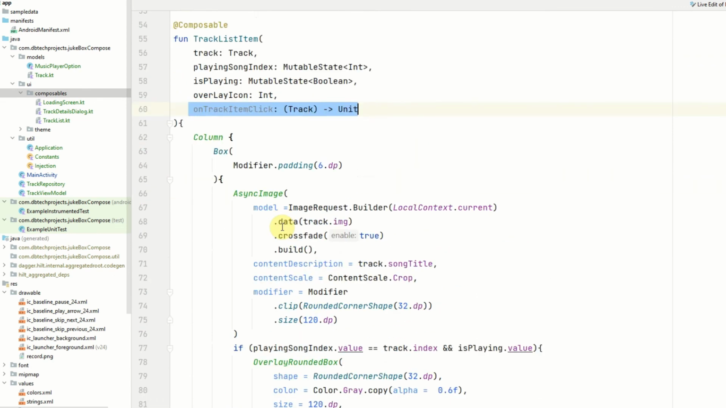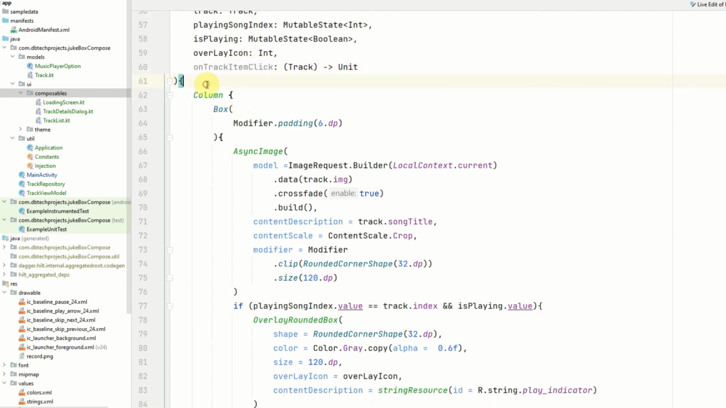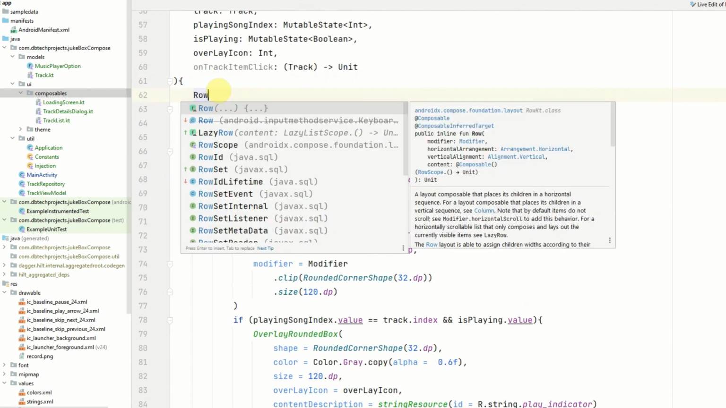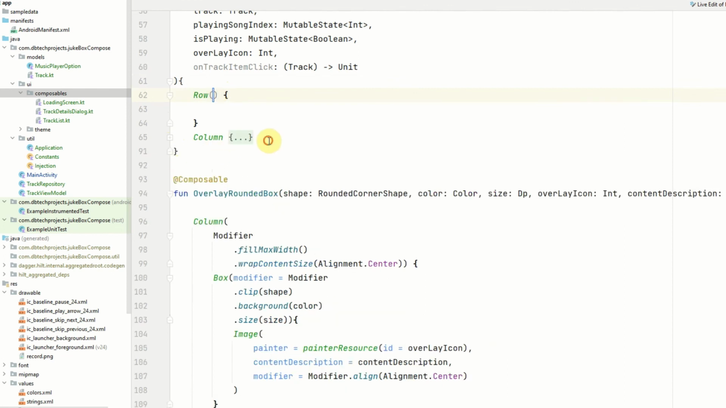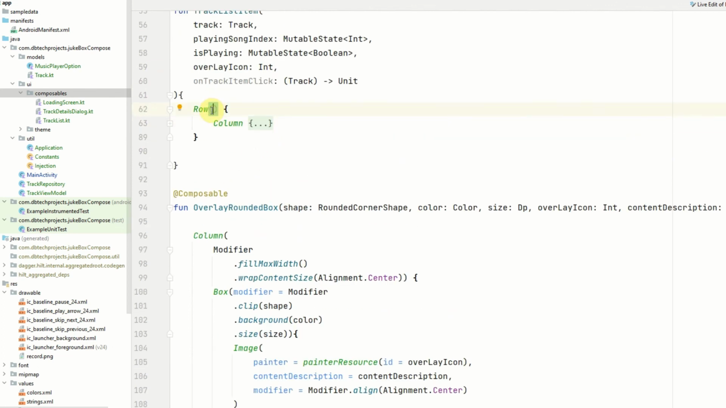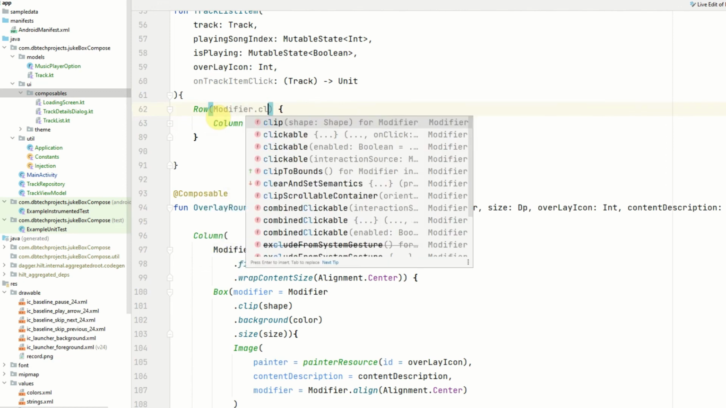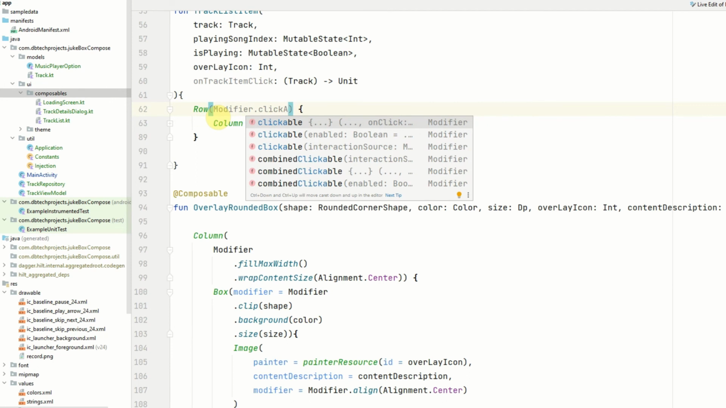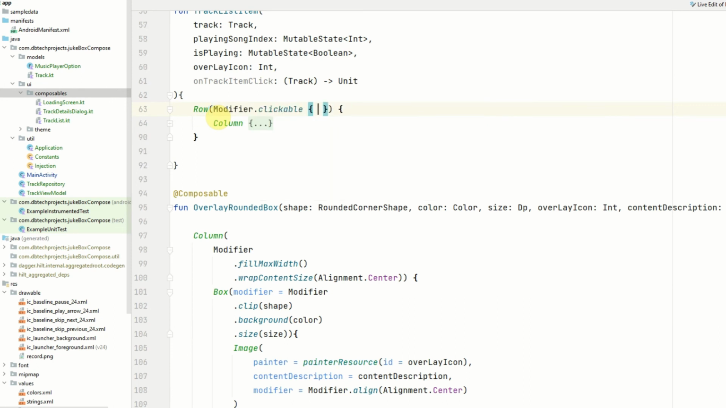We just need to go back to our track list, as I noticed we have missed out a few things, as we haven't used the on track item click, and this will be used on the entire track list item composable. And to do this we need to use a row composable and put all of the column content inside here. And for the row we just need to add a modifier and make it clickable. And then we can pass in the on click. So on click will be on track item, and then we pass in the track. And to get rid of this error we just need to add in the curly brackets,